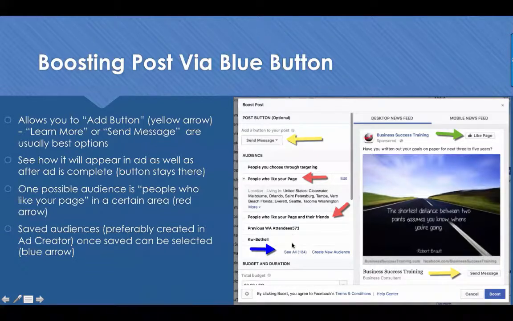But what we'll also do, because we're going to use the Ad Creator, that drop-down menu, we're going to start creating audiences. And when you create these audiences, now they're saved, and you could just hand-pick one of those audiences. But again, you have to do everything right from the beginning. So Boost Post has its place. It's going to be more effective if you do everything else I teach you, including getting likes and creating these saved audiences.